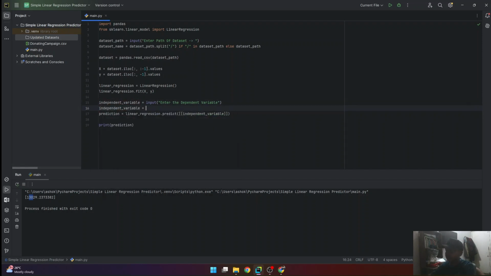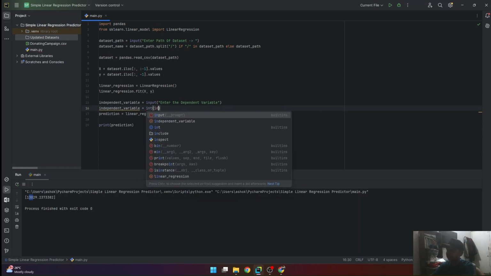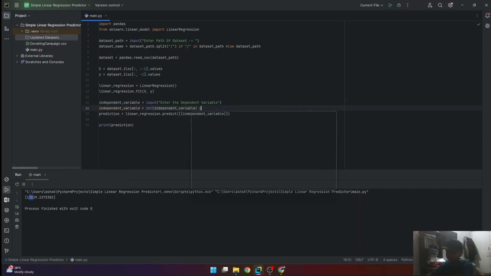Independent variable is equal to int independent variable if, is equal to float independent variable if there is a dot, that is the decimal point, in independent variable, else it will be int independent variable, which means it has no dot whatsoever. That will solve our problem.